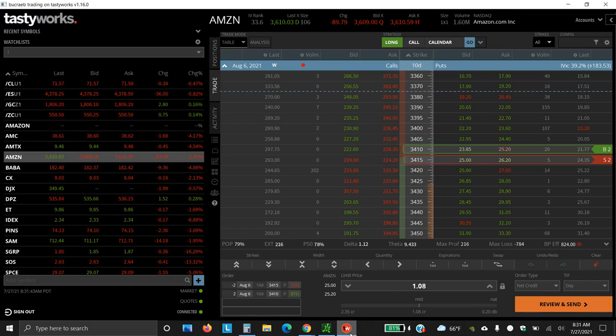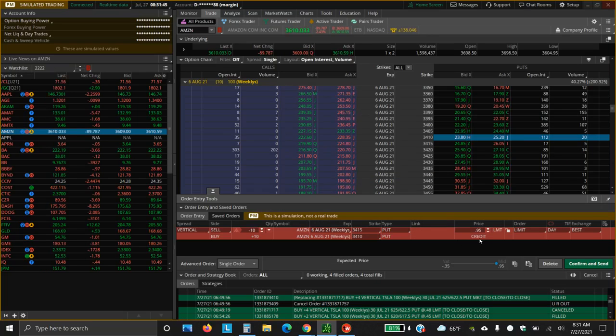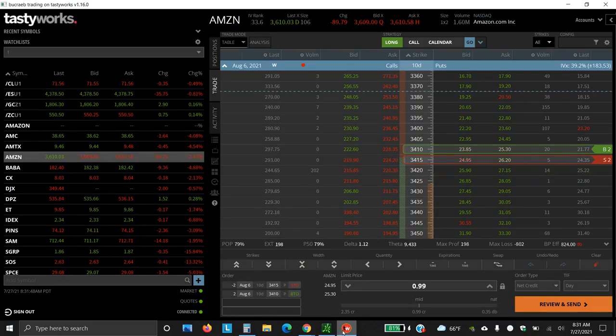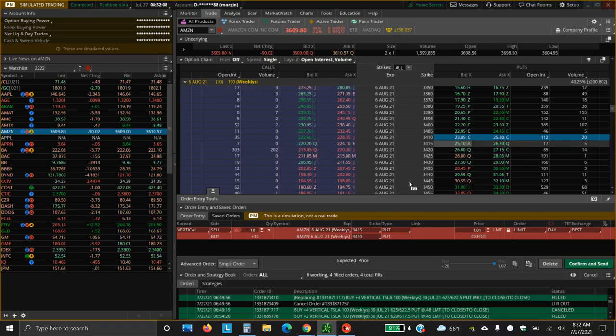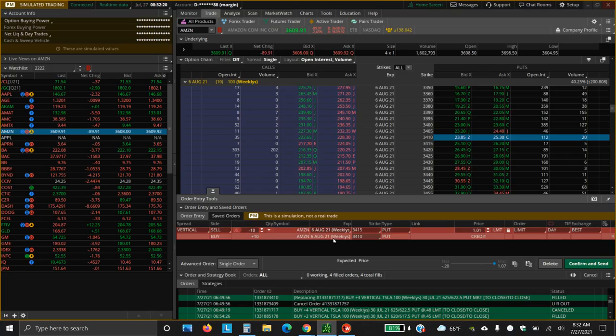Ooh, it's going up. Let's see if we can get a dollar. Because the concept is we're selling short. It's similar to that type of theory, but look at it going up. Let's try to get to 1.01. Okay, I'm going to sell 10 34.10s. No, 34.15s. I'm going to sell those and buy these to cover. Okay.